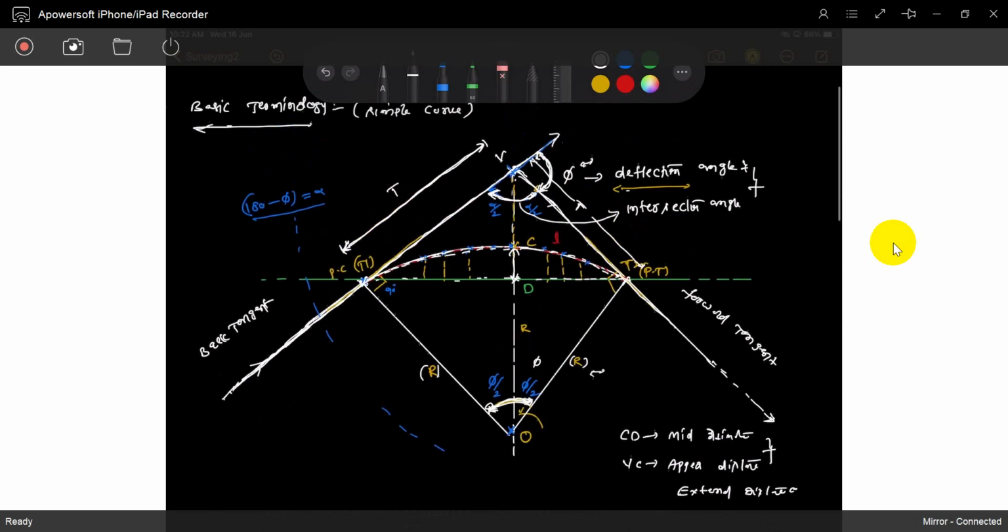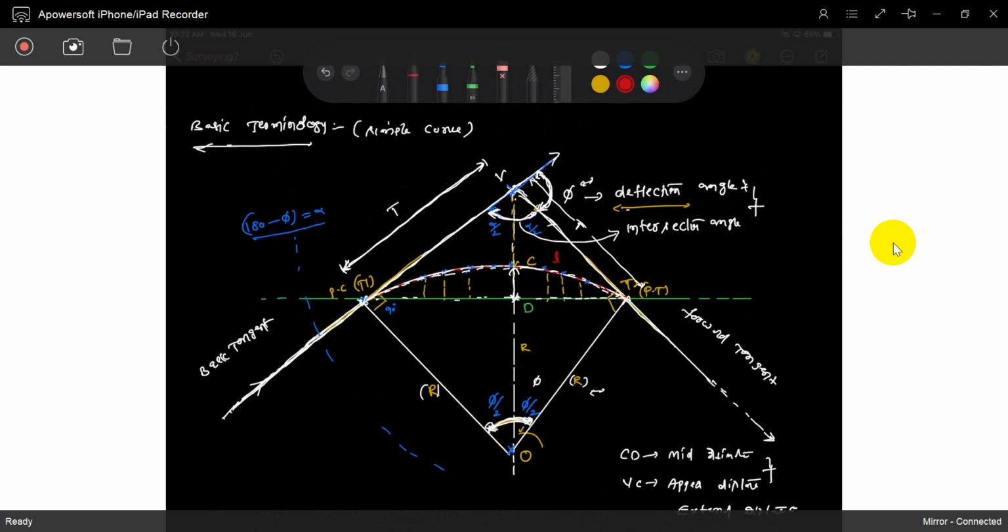See it. We have this point. That is the connecting point of these triangles. We started the curve from this point, ending at this point. So how much distance? This is the distance we call the tangent distance.